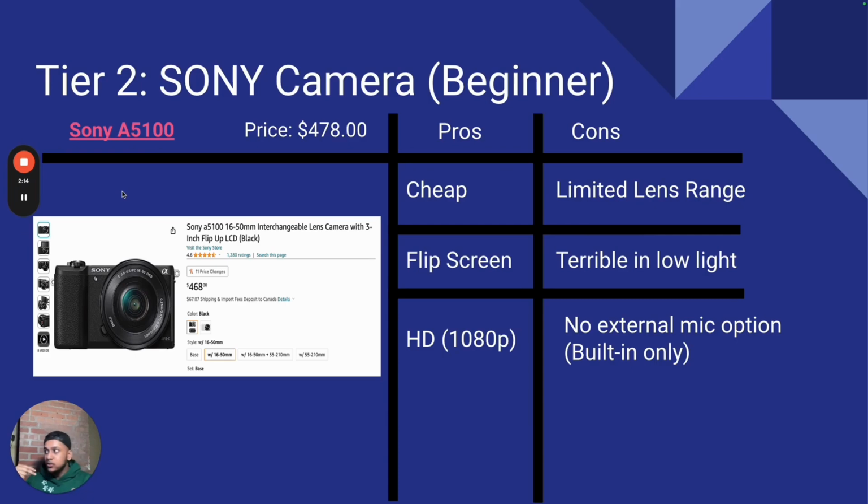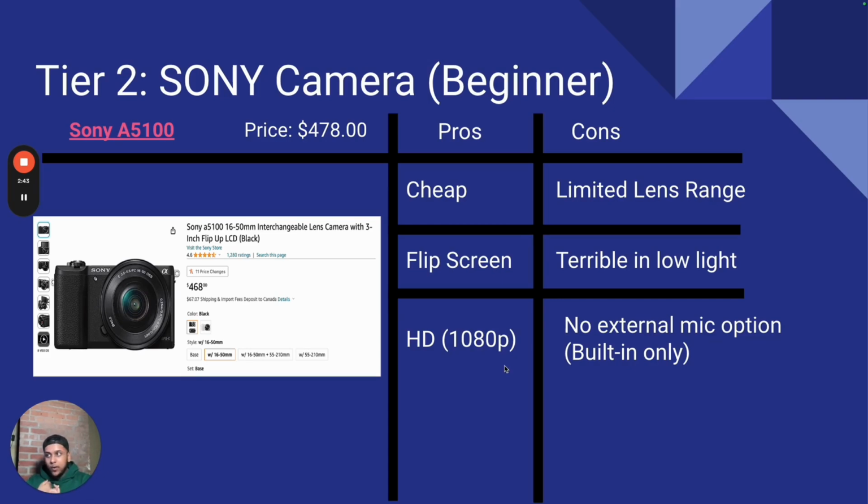Alright guys, so tier 2 or the second option is a Sony camera, which is for beginners who want to spend a little bit of money on their camera and just don't want to use their iPhone or Android camera. So this is the Sony a5100. This camera is priced at about $478 USD. The pros of it is that it's cheap, it has a great flip screen, and it records in HD aka